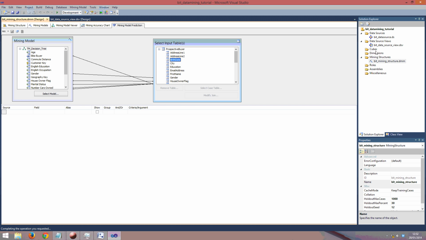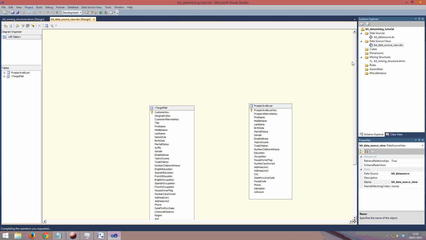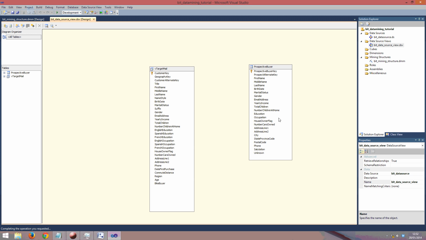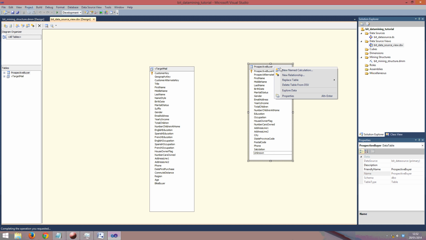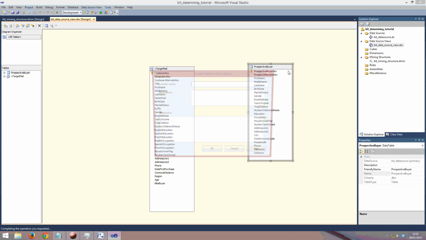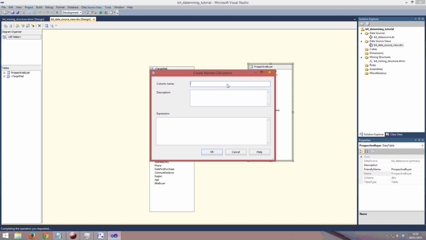Now to do that, first we'll have to modify our data source view. At the moment you see that we have unknown, which is the prospective buyer, we don't know. And we are going to right click this table and create a new named calculation. In this we are going to say calculate age. In the description we are going to say